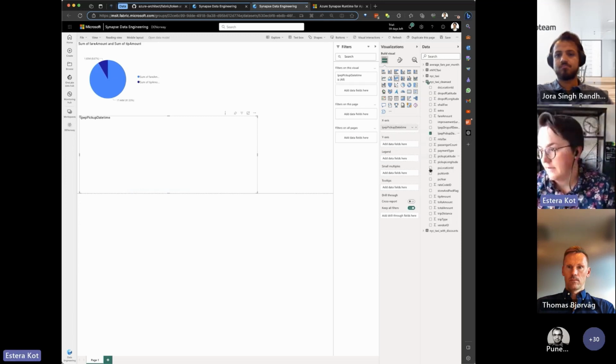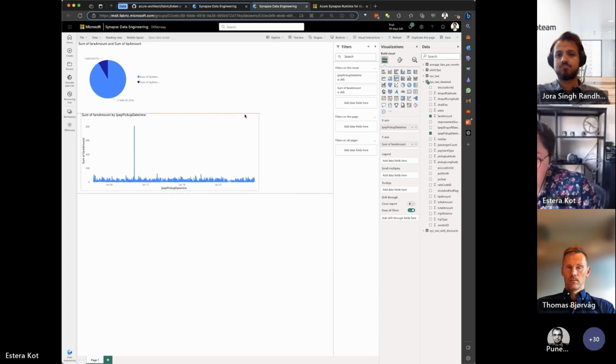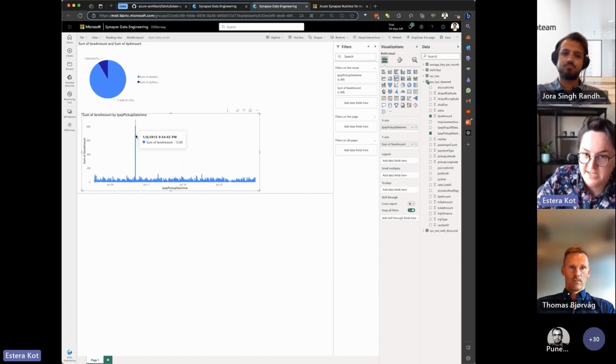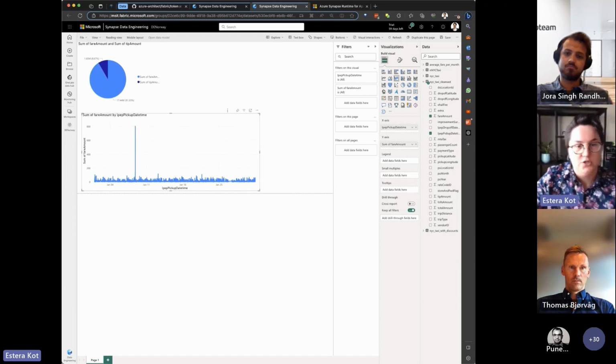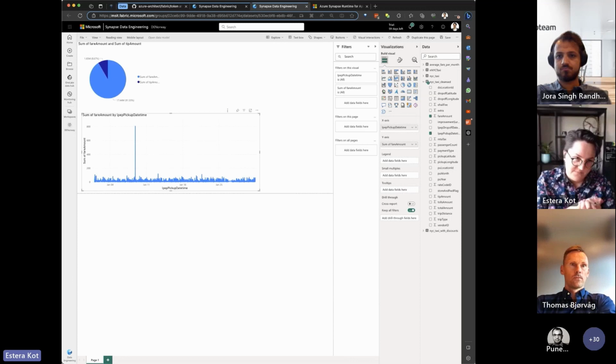And again, fair amount. And we can see that there is some interesting situation that some data analyst would love to dig into.